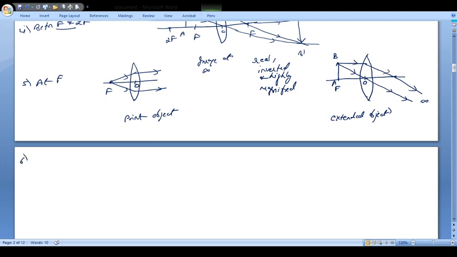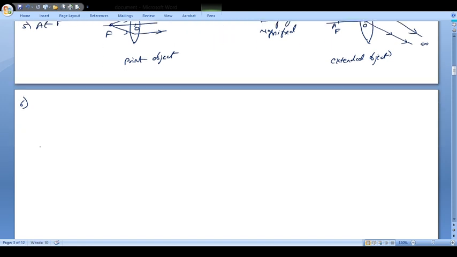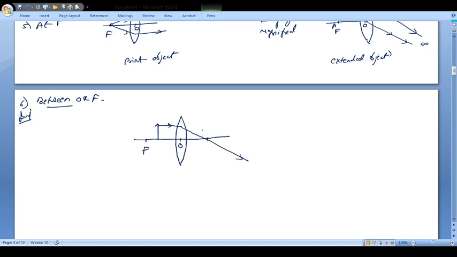And now we have the last case. We have the last case, that is object is between optical center and F. So between O and F. Now this is a special case and this is an important case also. Now let's see here. So here you have a convex lens, principal axis, this is optical center O, say this is F. So your object is here. So one ray parallel to the principal axis, from the center you make it refract. So this will pass through the focus. So this is passing through the focus.